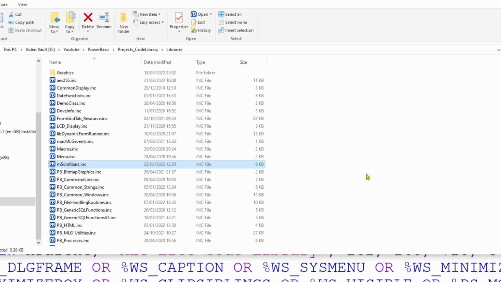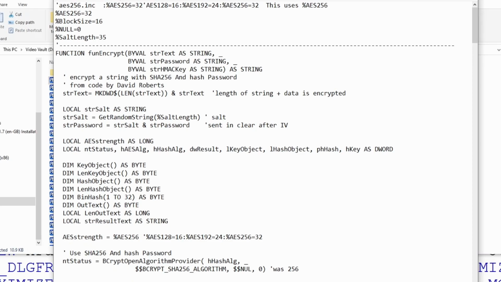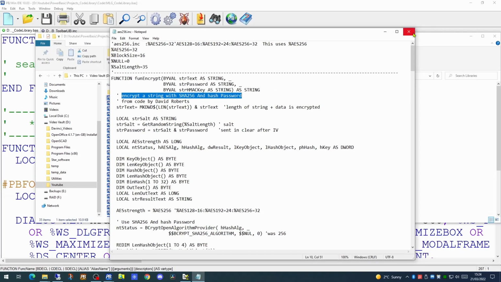We have functions themselves, we have subroutines, and we have macros. So if we have a look in Notepad to see what the text generally looks like, our functions begin with the word function. And somewhere underneath that is a description of what the function actually does. So this is the information we want to pull out of the file.